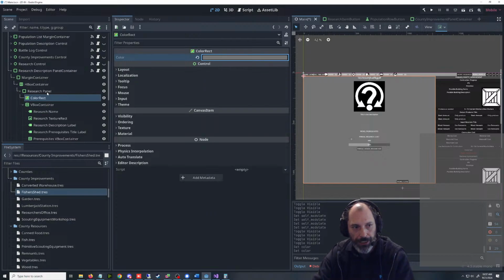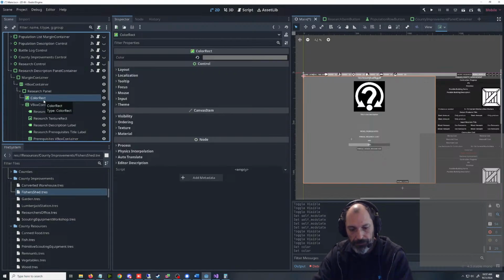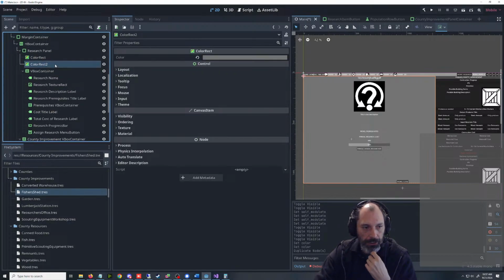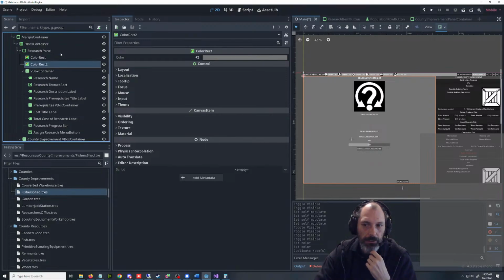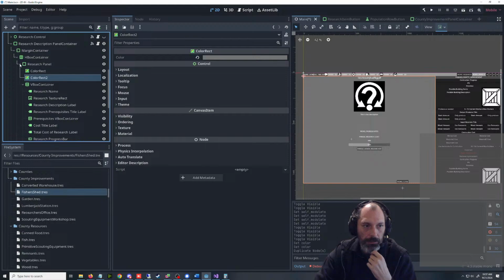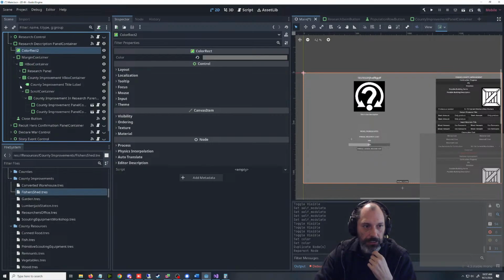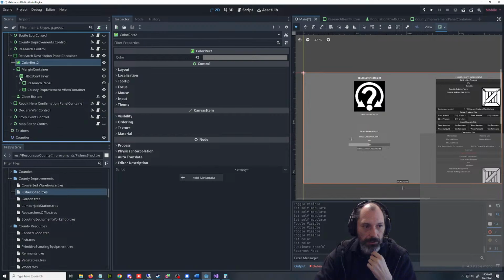Then let's duplicate this color, and we'll put a second color rect over in, we're gonna need this somewhere. So this is this, and here